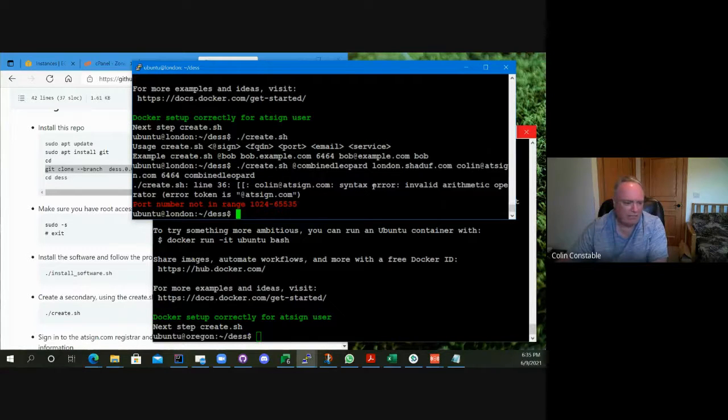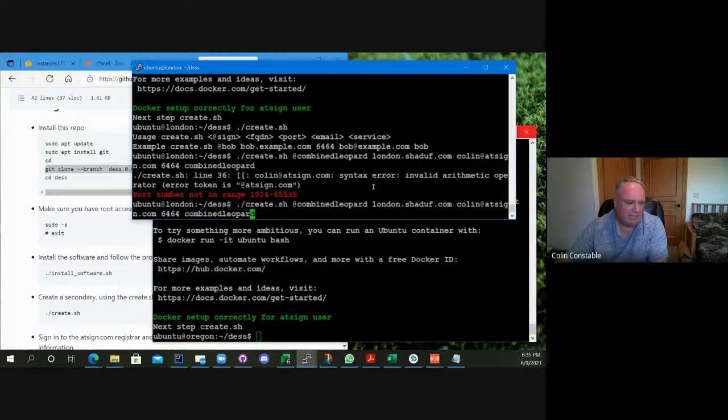And it's saying the port range isn't in there because I didn't put the port number in. Fortunately, our script is very clever and told me I didn't put my port number in. If you look at this, it says fully qualified domain name and then the port number. So we didn't put the port number in. I'm going to use 6464. Why 64? Because 64 decimal is an @sign, so that's two @signs. I put the 64 in the wrong place. Let's get rid of that.